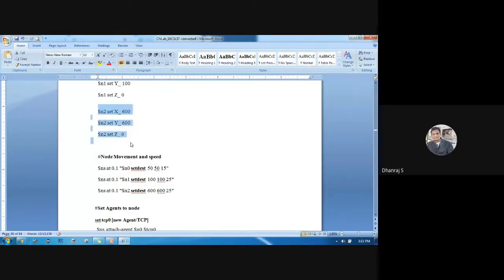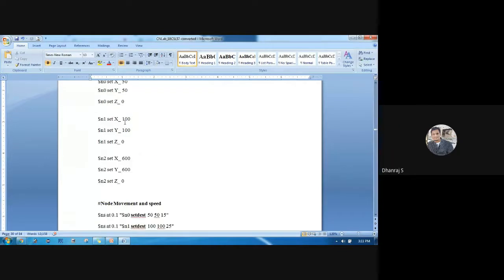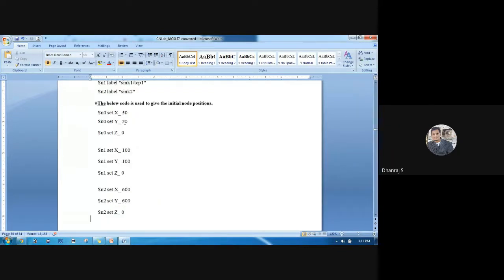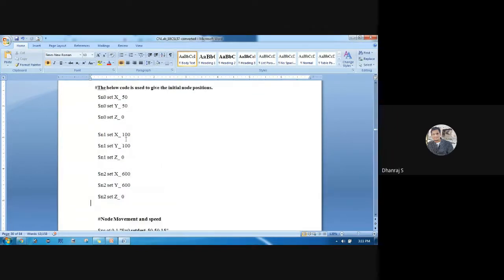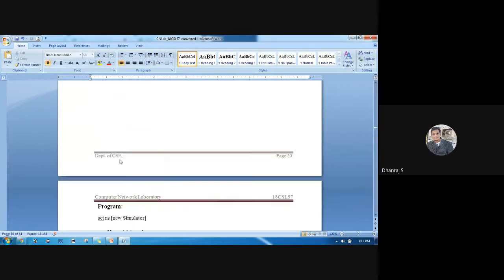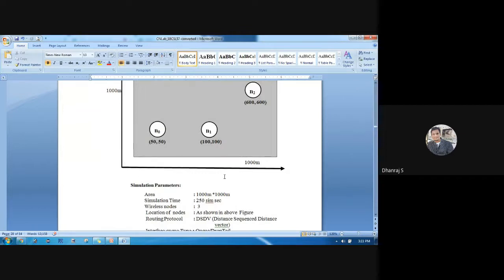Similarly for n2. So these are the initial coordinate values: the initial coordinate value for n0, for n1, and for n2, that is, assigning the starting values for all 3 nodes. Initially these nodes n0, n1, n2 should be available in the 1000 by 1000 area. If you provide x-axis and y-axis values for any node beyond that 1000, it cannot be visible in your animation, because I have given the boundary as 1000 by 1000.